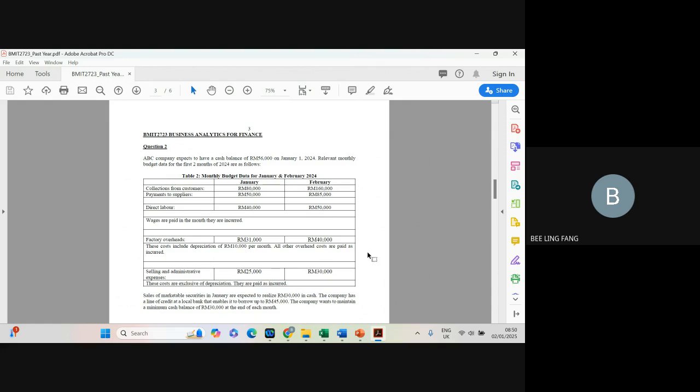Example for this question. All right, you are given the collection from customer, payment, labor, wages, pay, sales, security. Expected to realize 30,000 in cash. The company has a line of credit with a local bank, to borrow up to 45,000. The company wants to maintain a minimum cash balance of 30,000 each month. So you have to draw a table like just now I have. So that means have two sections. First section is a receipt. Second section is a